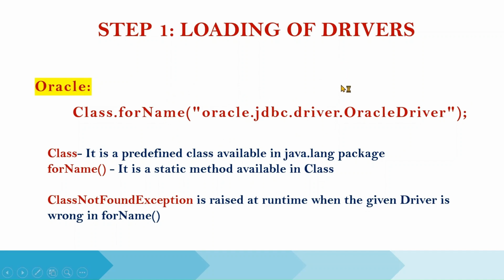The actual purpose of JDBC driver is to translate the Java related calls to database related calls, and vice versa, that is database related calls back to Java related calls, because we know that the Java syntax is completely different from the database understandable language. So we require a translator or the middleware to translate the calls from Java to database and database back to Java. So we do have a JDBC driver. Now here, when you want to connect to Oracle,